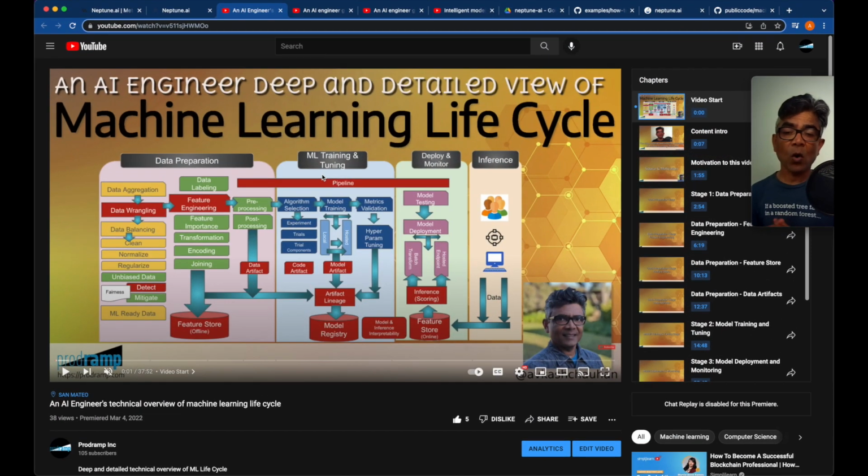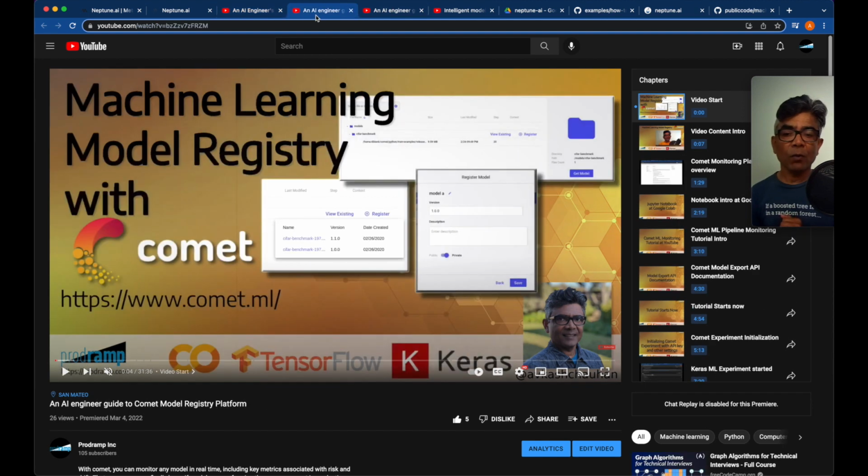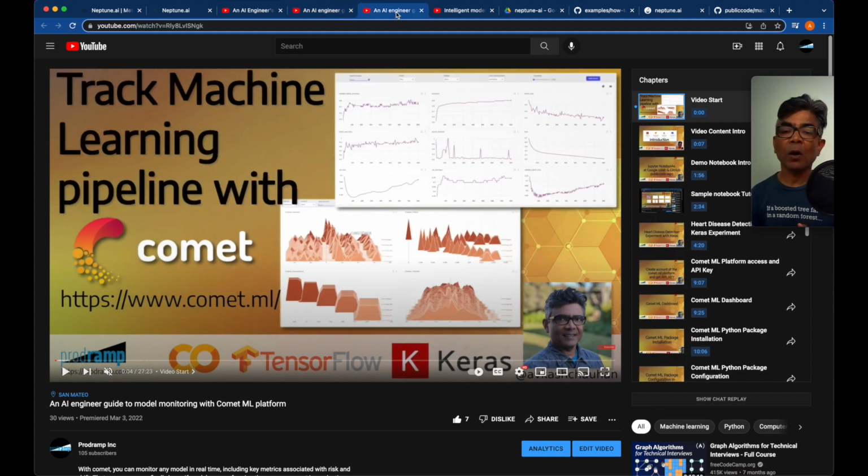Very recently, I have also reviewed a couple of other great products which provide machine learning observability as well. I was using Comet ML and I have reviewed their machine learning model registry, which you could see here. And I also worked on machine learning observability or machine learning tracking. So these 2 tutorials are also going to be very useful for you. Please visit and try to understand what other machine learning observability platforms provide while you are looking into